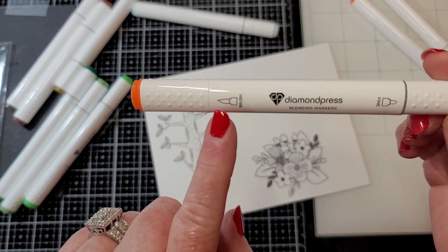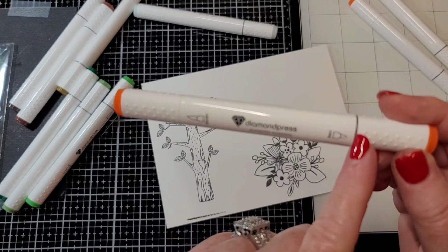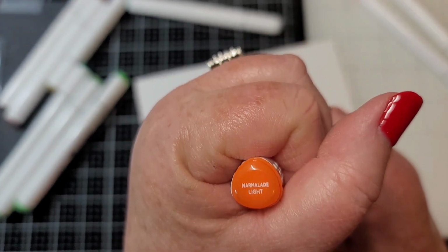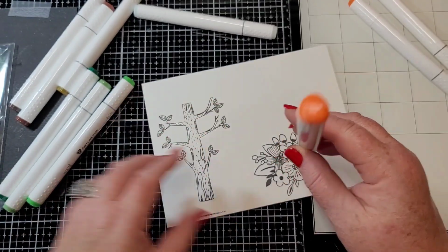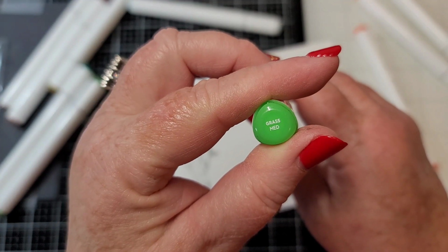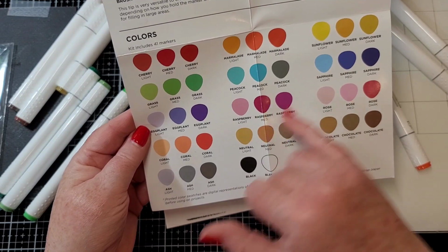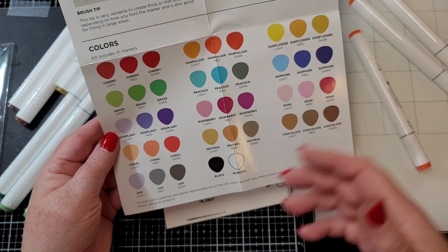You have the little pictures showing the brush and then the fine, and on the fine has this little gray ring, and that's of course on all of them. And then on the end, you see, it has like marmalade, dark, medium, and light. There's grass, dark, medium, and light. And what's nice also is on your little instruction sheet, it has them kind of grouped together, so it's not a big guessing game as to what goes together,